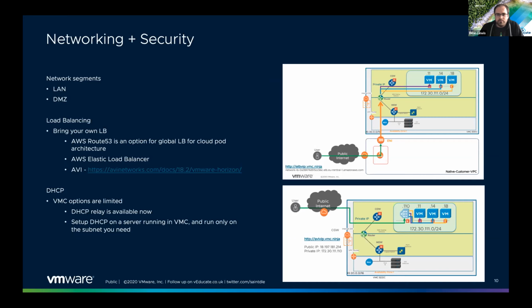So for example, in my environment, we're only running DHCP on the same subnet that we're running our remote desktop services pool. We don't use DHCP services for anything else in the environment. It's all statically assigned. One of the reasons for that is that with the limited DHCP options within VMC, we don't have the ability to change the lease that's given for a DHCP address,